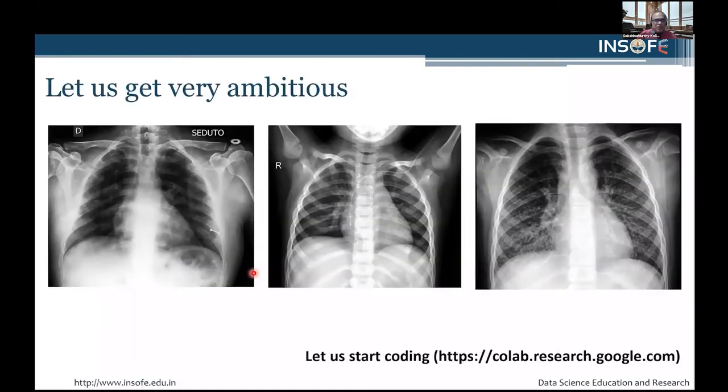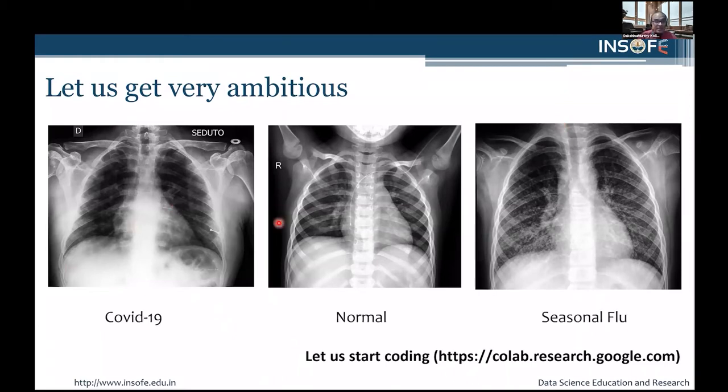So last week we decided we will solve a very complicated problem. In a country like India, where too many doctors are not available, in a village, if I want to do diagnosis, how do I know which one is which disease?